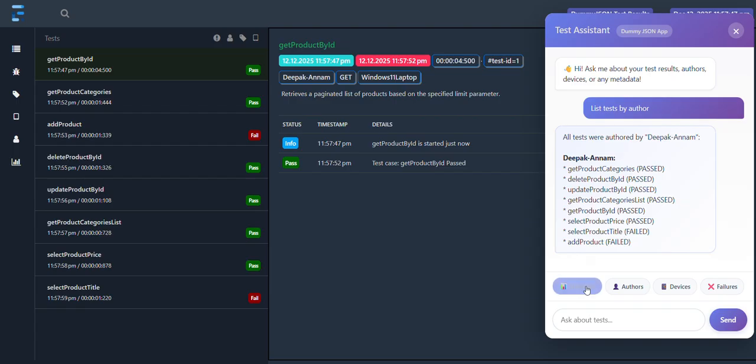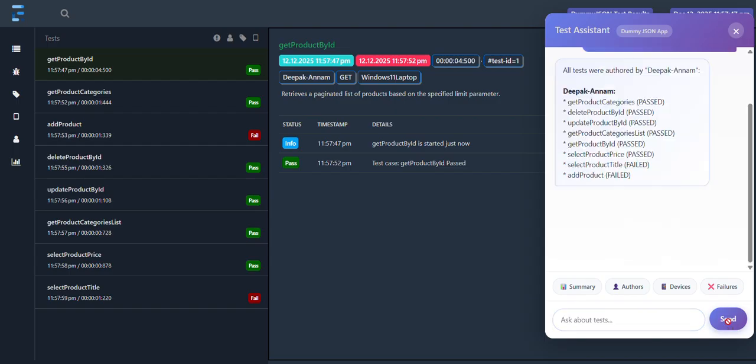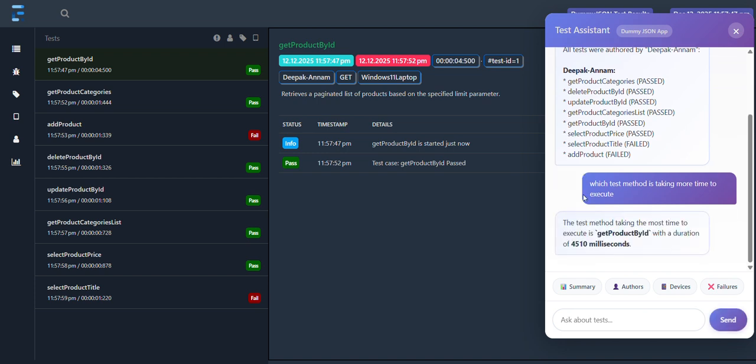And the next one is, what can I ask now? Which test method is taking more time to execute? Let us see what it gives. So there is one method called get product by ID, which is taking 4,510 milliseconds. That means nearly 4.5 seconds. And the next question,